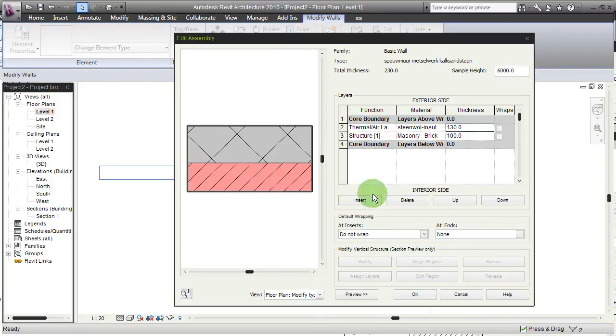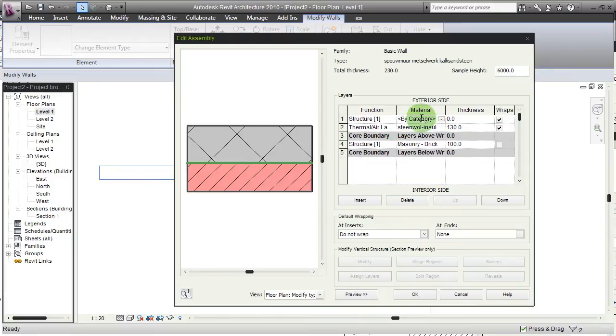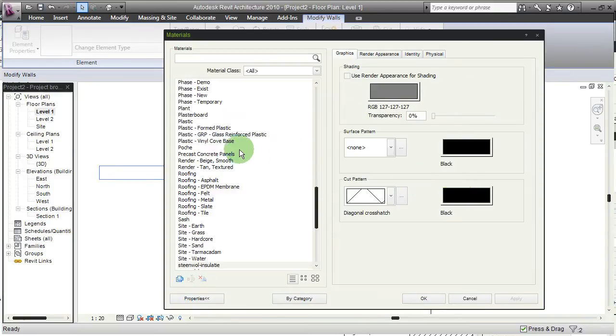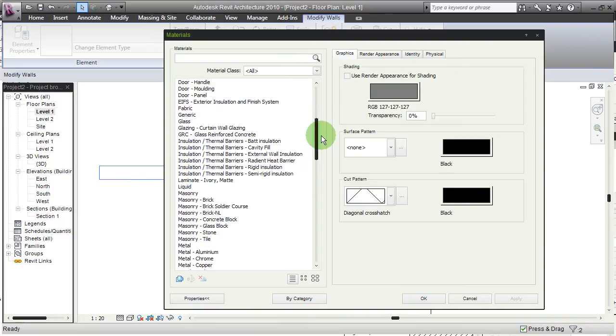Since this is not really the core of the wall, I'm going to move it outside of the core. I'm moving it up like that, and you see this green line being the boundary of the core of the wall, and this is important when you connect, for example, your floors or the roof, or other parts, inserts, so windows and doors and so forth. Above that, I'm going to insert another thermal layer,